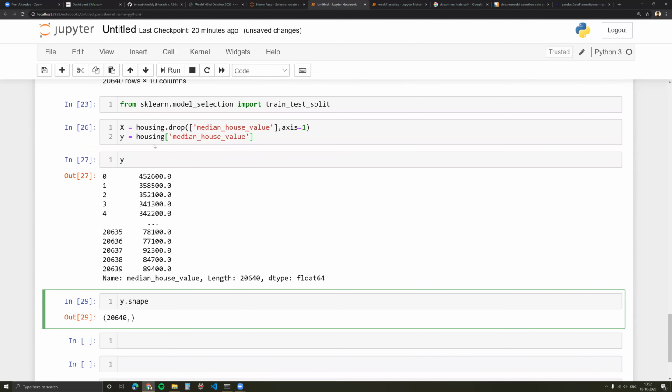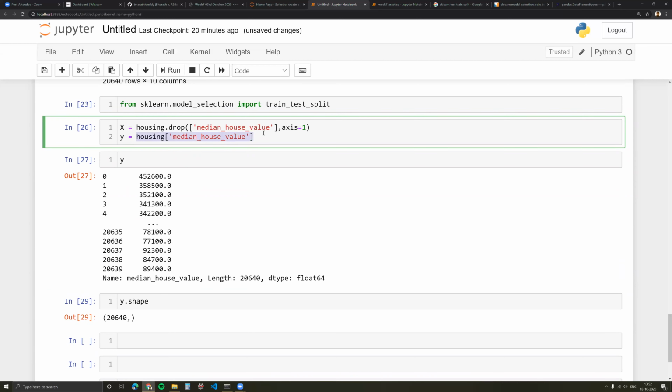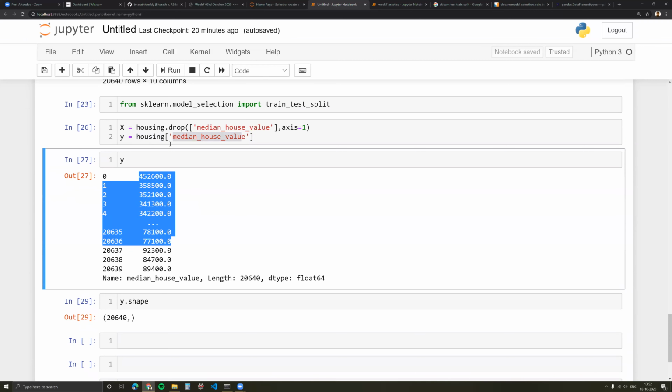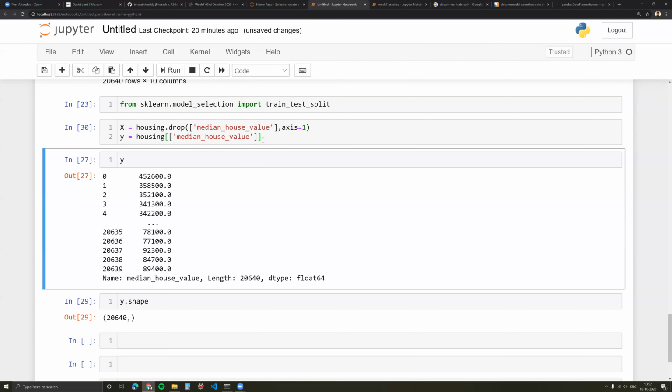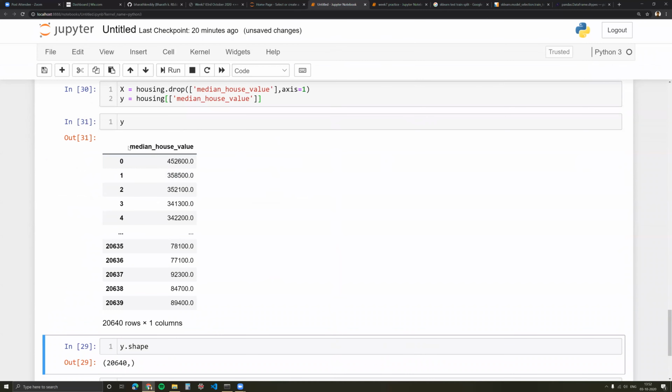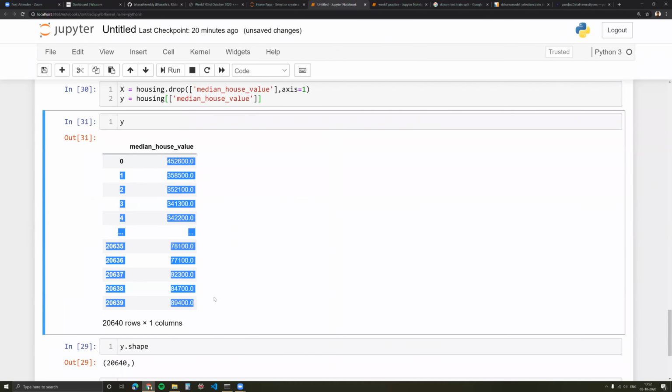That's because when you use this particular syntax, housing, bracket, and a column name, it converts it into a series. To retain the data frame, you just have to put two brackets. Now you see it comes with a column name, and it's not a series anymore.